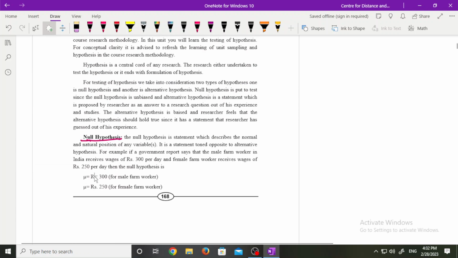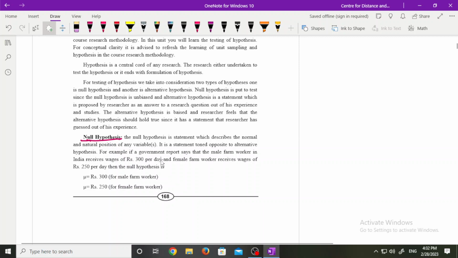Now first, null hypothesis. The null hypothesis is a statement which describes the normal and natural position of any variables. It is a statement opposite to the alternative hypothesis. That is, null hypothesis is opposite to alternative hypothesis and alternative hypothesis is opposite to our null hypothesis. Here for example